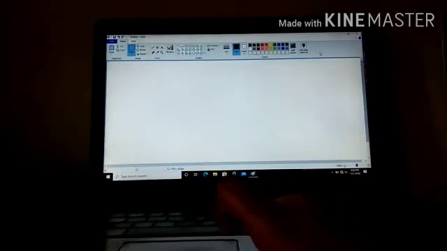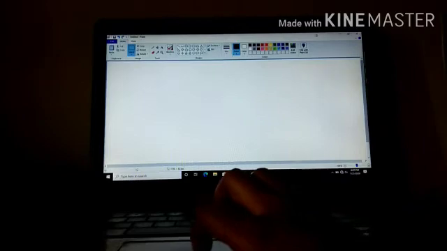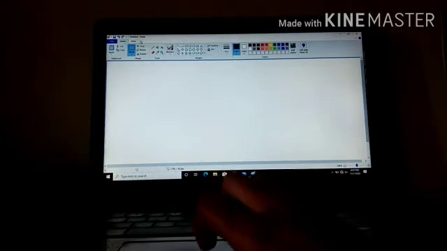Your Paint window. The topmost bar is called the title bar. On the left side of this bar, you can see the quick access toolbar, and on the right side of this bar are the control buttons like minimize, maximize and close. And below this bar you can see the two tabs, that is Home and View. This is the File button, which has different options, we'll see it afterwards.